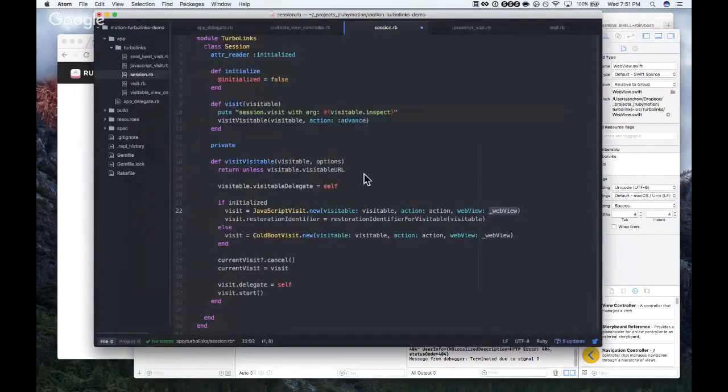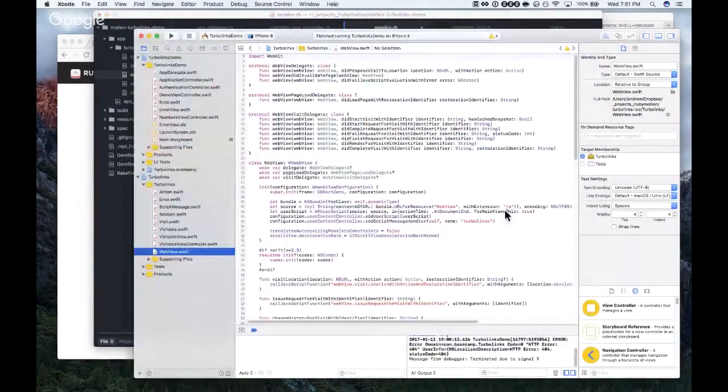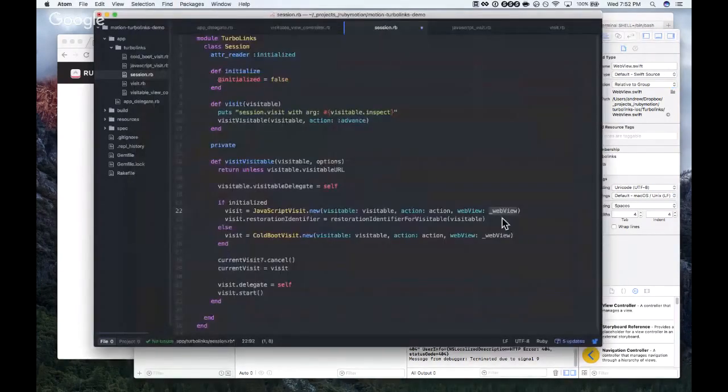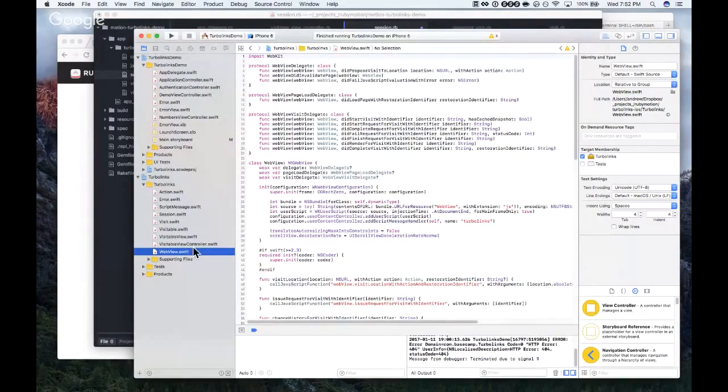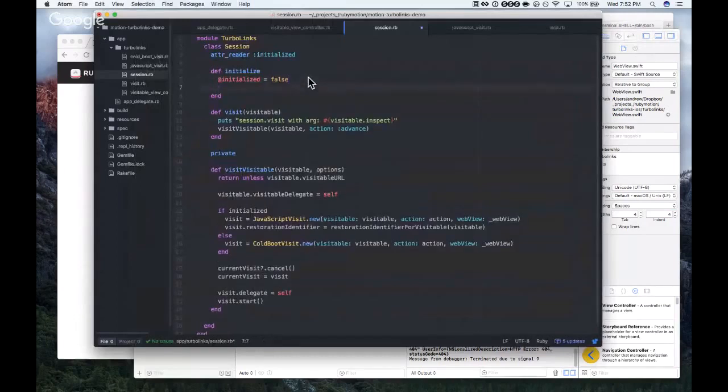Yeah, so this _webView. I don't know if I really want to use an underscore, but it's a valid identifier in Ruby. It'll work. Sure. It may look incredibly ugly, but you know.